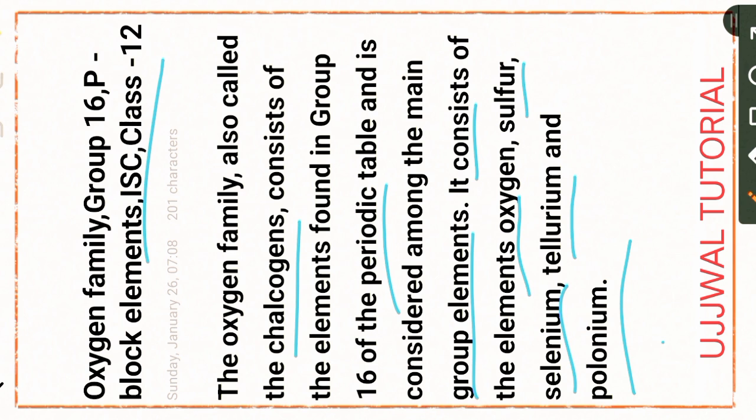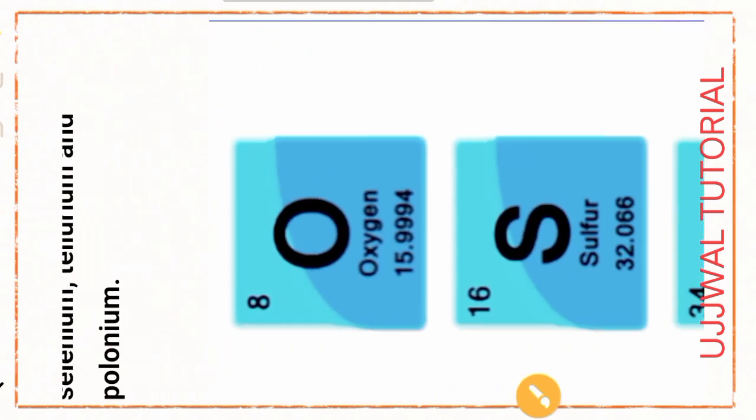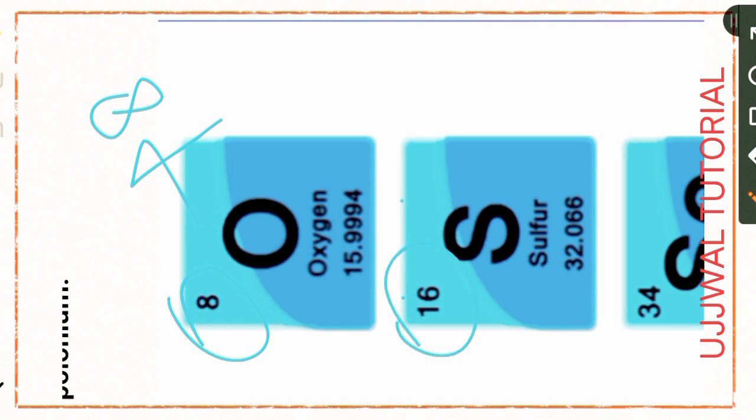Follow the oxygen pattern 8, 18, 18, 32, counting for the atomic number in the oxygen family. Now, atomic number of oxygen is 8. 8 plus 8, atomic number 16. Sulfur, atomic number 16. 16 plus 18, atomic number of selenium